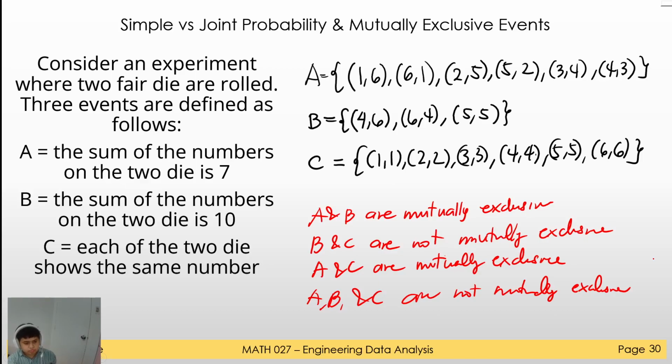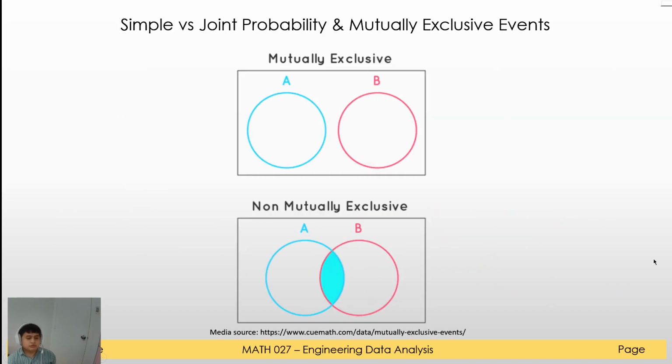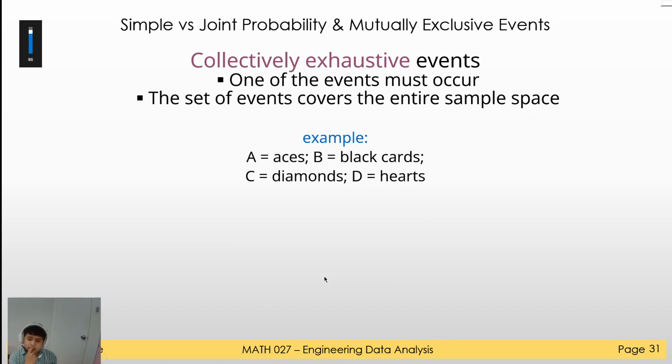So let's see the representation of this using a Venn diagram. Using a Venn diagram, if they don't have a similarity, then they are mutually exclusive. Exclusive means they are excluded from each other. If they are non-mutually exclusive, then they will have an intersection in between, or a similarity between their sample space. So for collectively exhaustive events, there are events that can be categorized as collectively exhaustive if those events